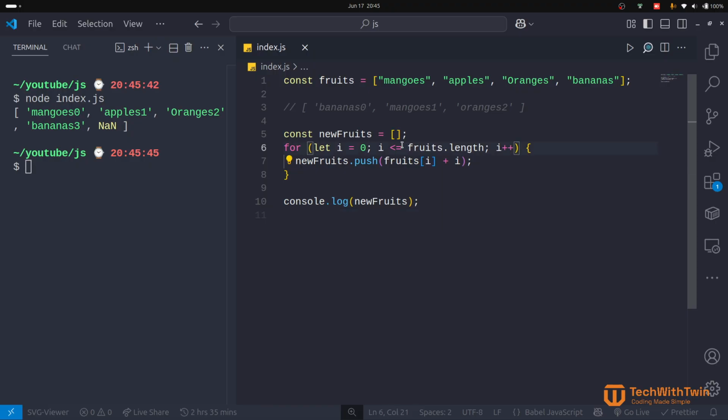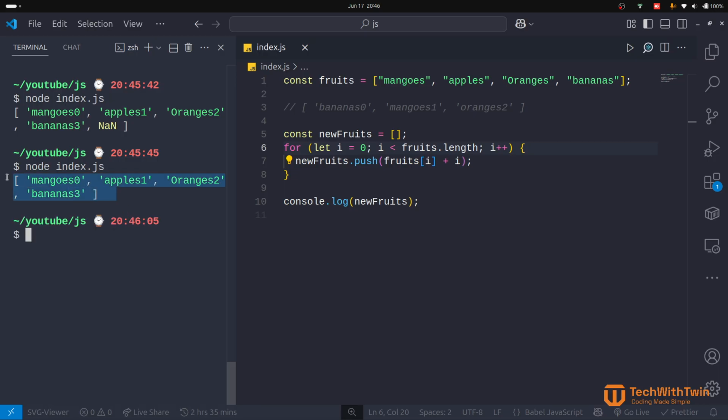So we cannot use less than or equals. We can do less than, because if you do less than or equals to, we'll have another extra loop that we are not using. So we have mangoes 1, mangoes 2. Now using the new array method called map, we can do something like new fruits with index is equals to